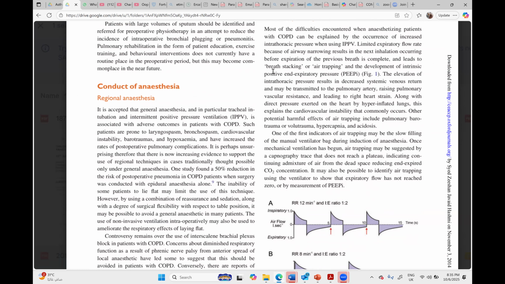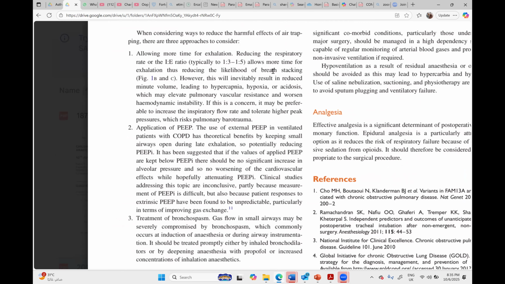The treatment is PEEP. It is written that the use of external PEEP theoretically benefits by keeping small airways open during late exhalation, so potentially reducing intrinsic PEEP. How? I don't remember. It has been suggested that if the values of applied PEEP are kept below intrinsic PEEP,